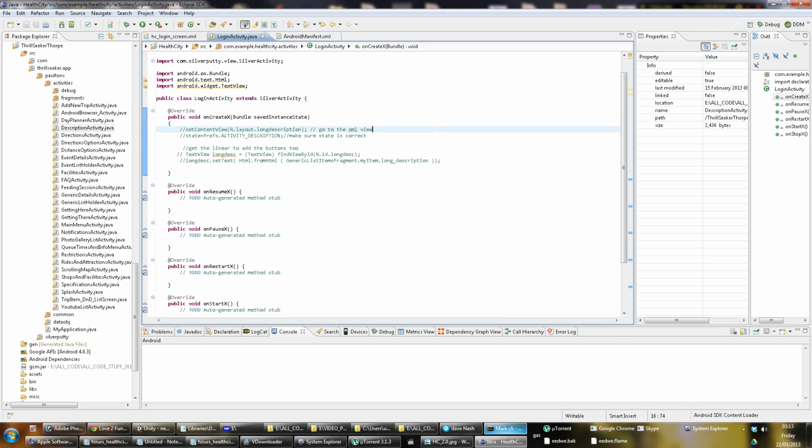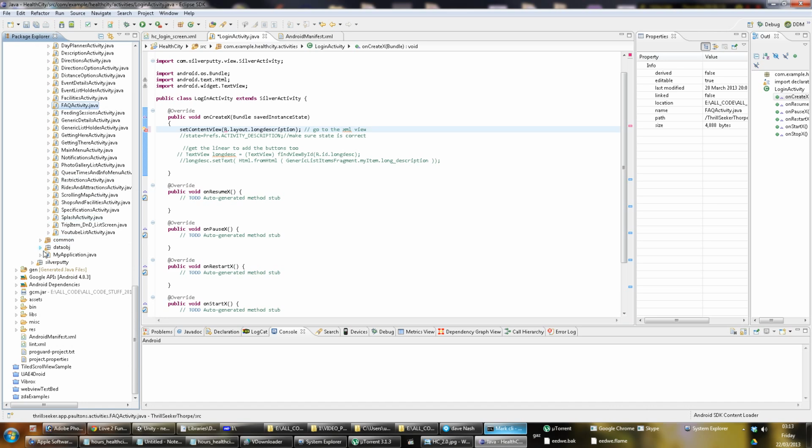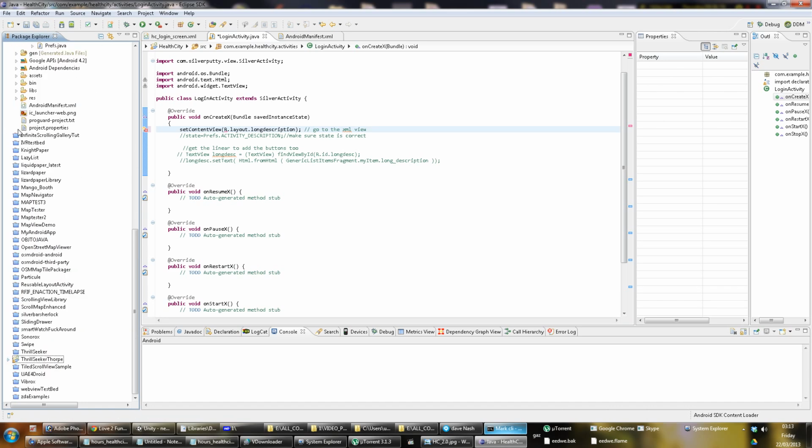Right, so first thing we want to do is set the content view, and this goes to the page itself. So we take the name of the page. What I normally do is simply